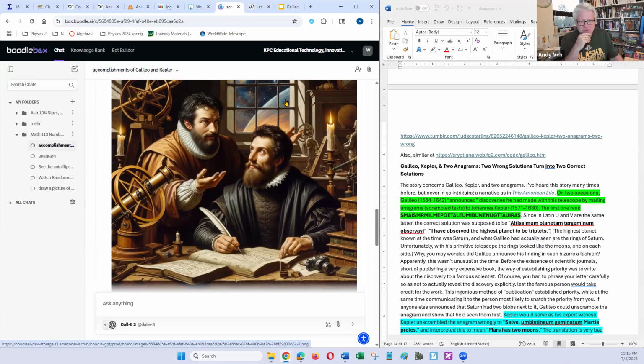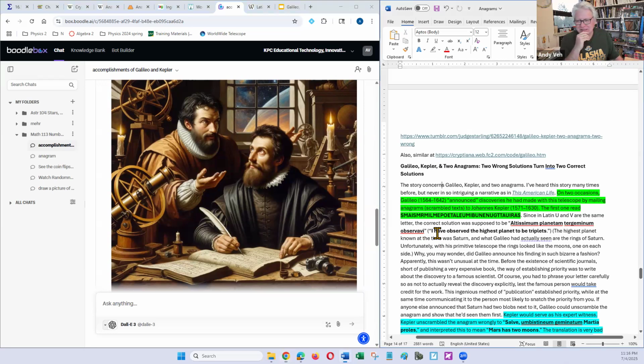By the way, in this particular drawing that it gave me here, it put in some kind of Easter egg, something that doesn't belong in a drawing from 400 years ago. All right. Anyway, let's look at